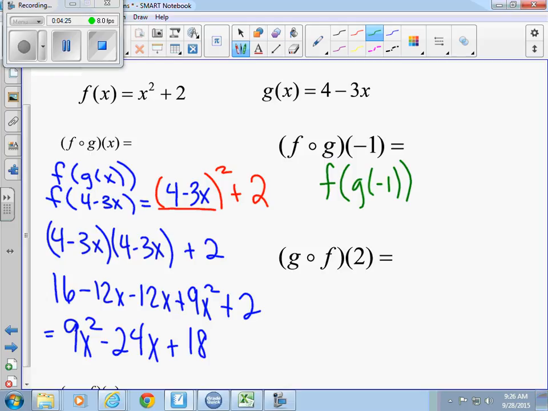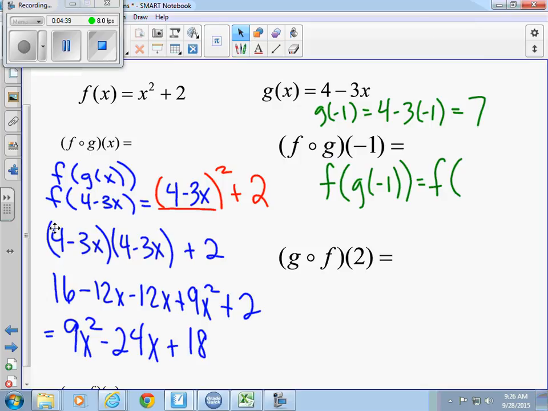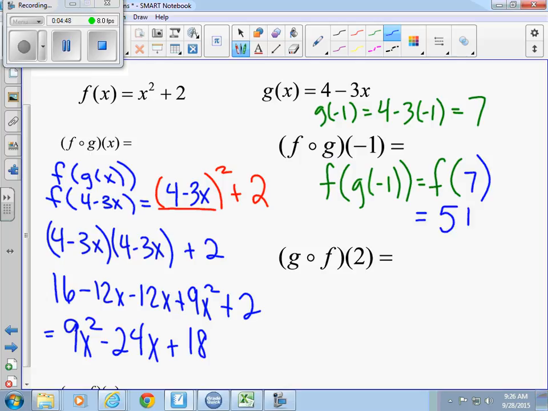So I'm going to find g of -1. What is g of -1? 7. Everyone agree? So I'm going to do f of 7. And f of 7 is 49 plus 2. The square does not make them any harder. The only time a square makes it a little tougher is if you are